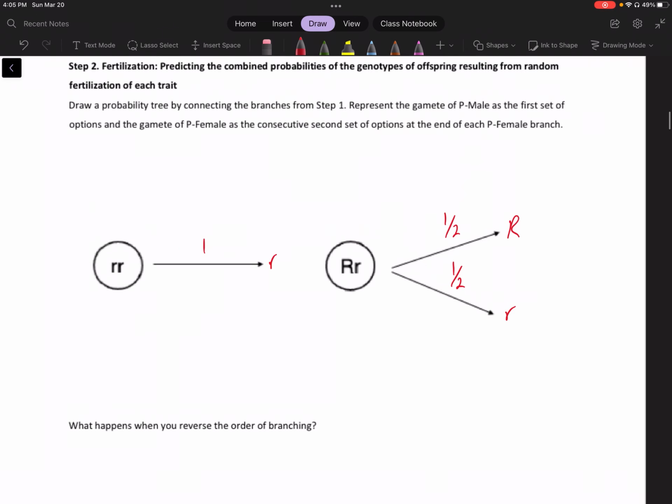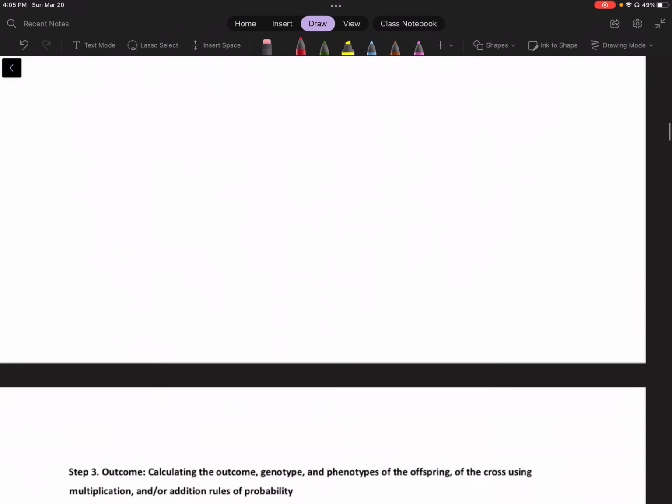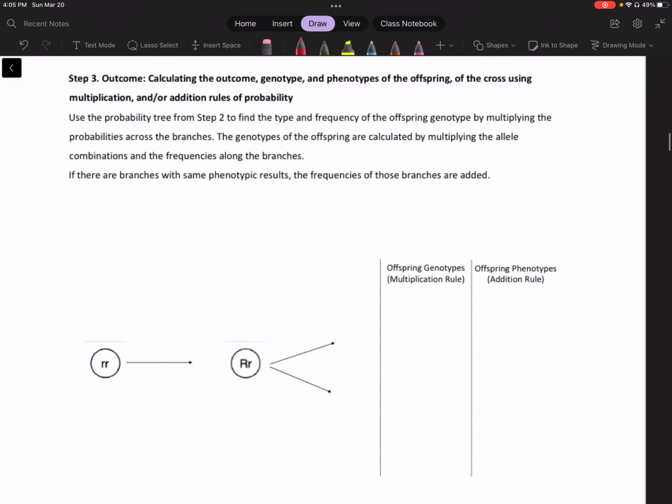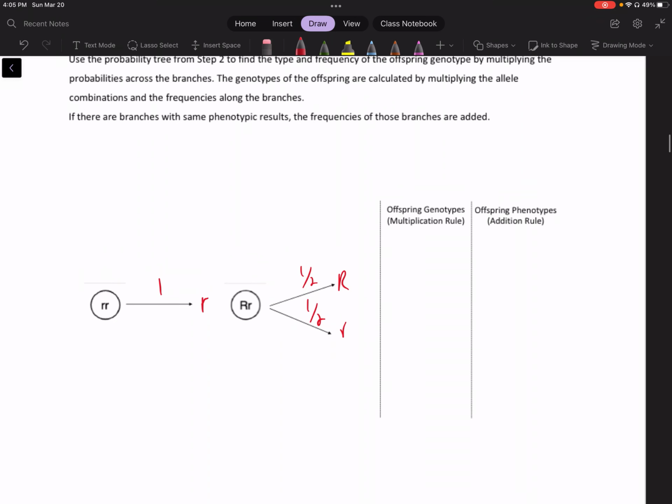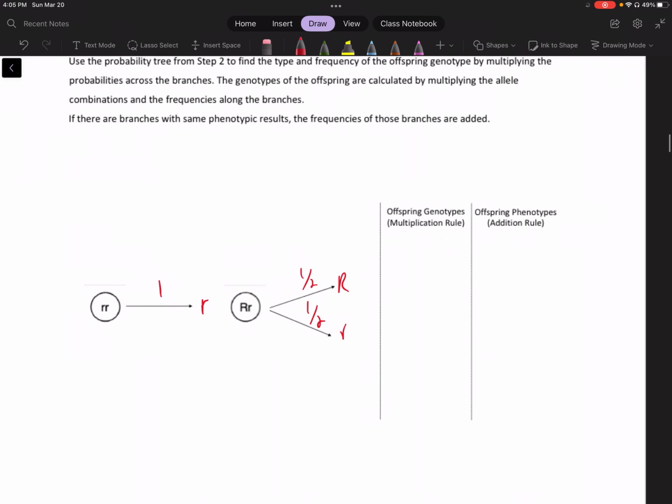We have this and we have this, and now we are going to find the outcome. Everything's still the same. Here's what we're going to do: we're going to multiply this probability times this probability,